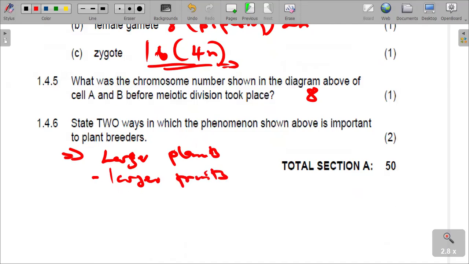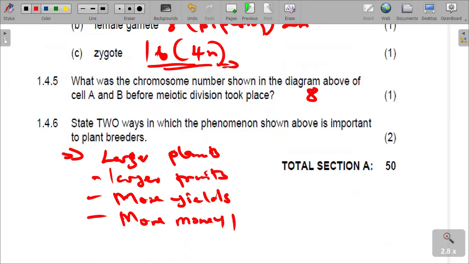We can talk about more yields. We can also talk about more money, or income, or profits when such large fruits and whatever are sold. You understand? Those are the advantages that we need to take note of. So basically,